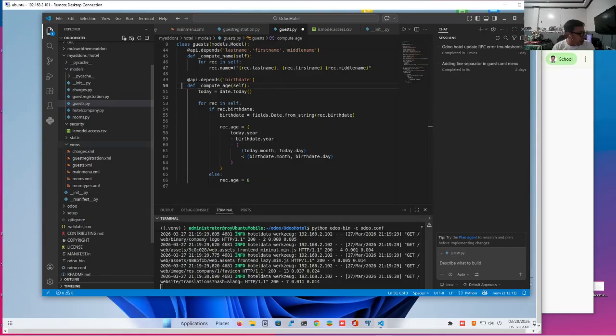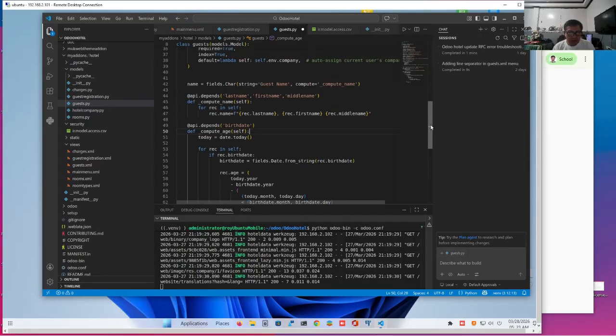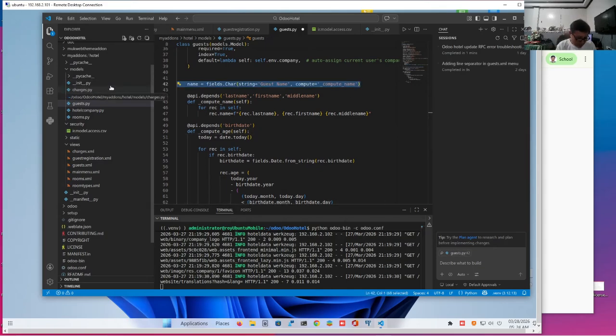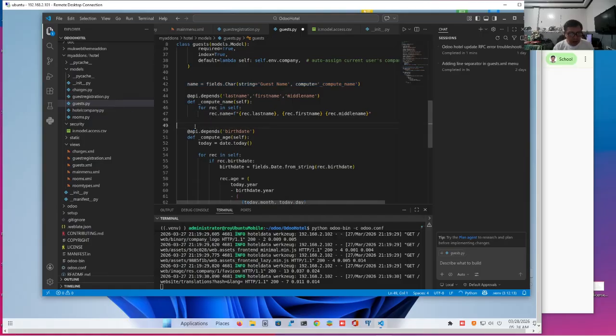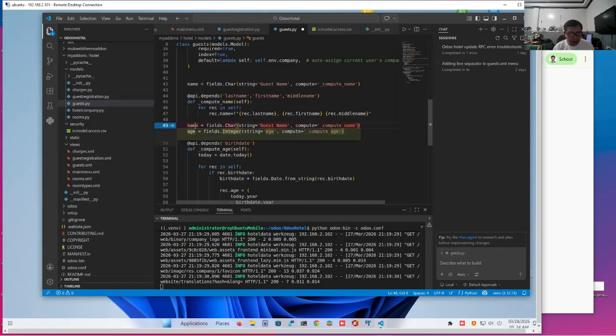I think we missed it. So anyway, we'll just copy it from the declaration of name. So instead of name, we'll call this age.